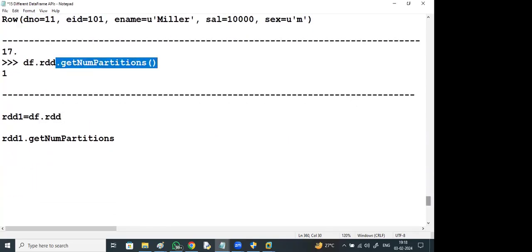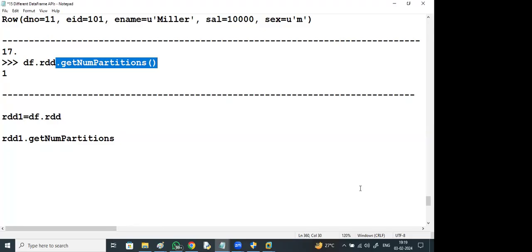While creating an RDD, I said we can increase the partitions. We can decrease the partitions using the coalesce function. But manually we don't need to create a partition, like we do in Oracle. Partitions get created automatically, but if you want to know how many partitions got created for your data, you use this command. Here your data is small, so only one partition is created.